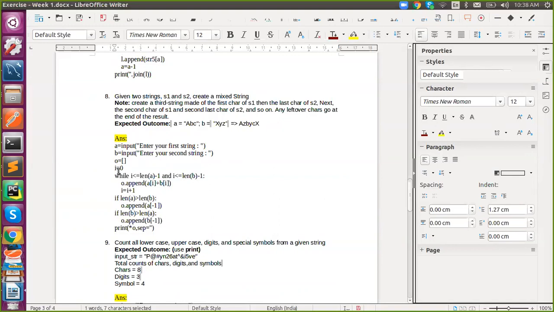One empty list, i is equal to 0, while i is less than, maybe people will not understand while and all because we have not seen it. And you are appending. You did a lot of tricky things. Len of A, i is for index purpose. Got it. I'm taking the first, zero index for the A string and the B string, and appending it. Okay, cool.